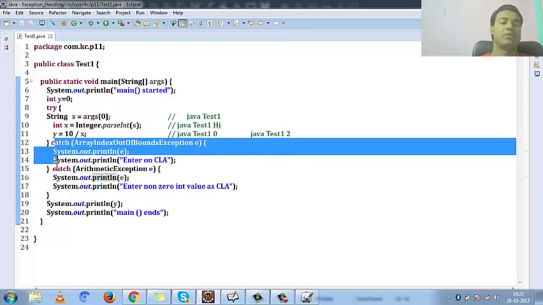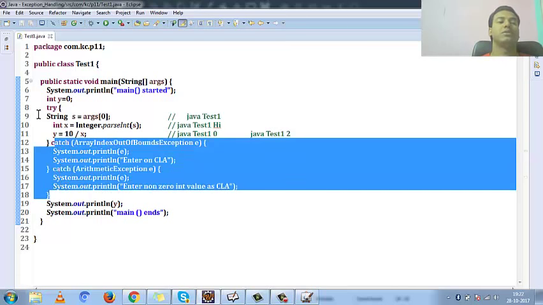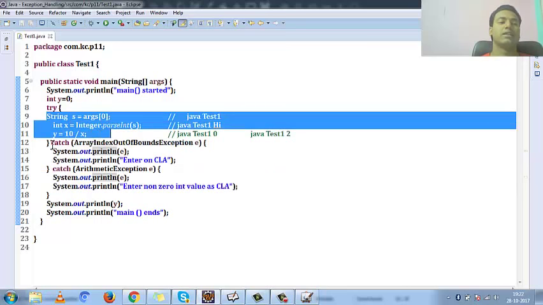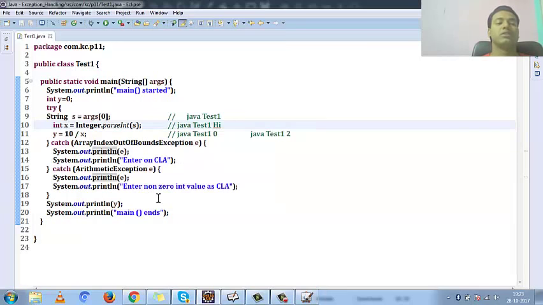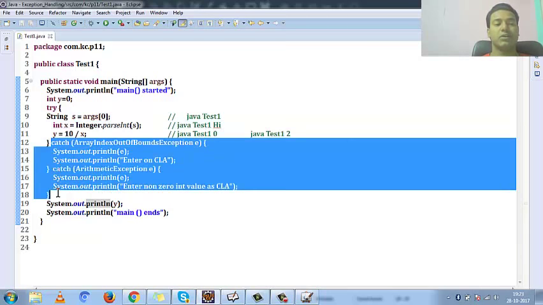Other than these two types of exception, if any other exception comes from your try block, then a corresponding catch block is not found and the exception is not going to be handled. And if it is not handled, of course it moves to the JVM and program execution terminates, right? So these two statements are not going to execute. Now if I say this statement, this gives a number format exception, and a number format exception catch block is